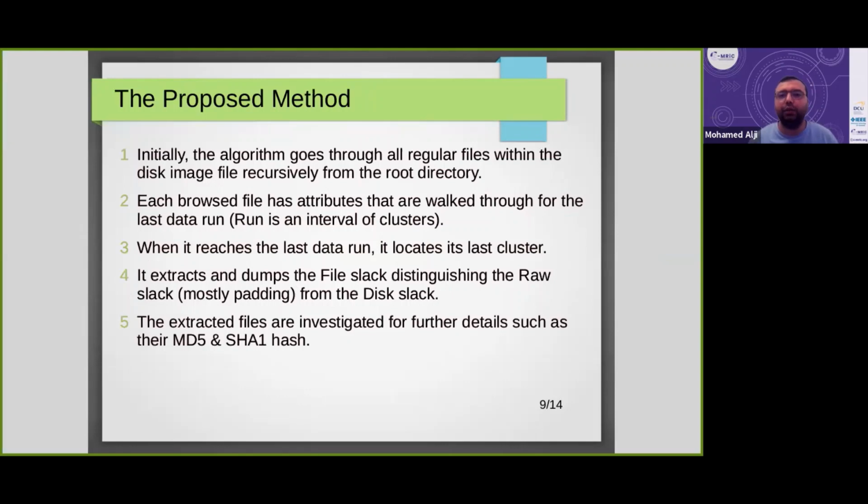So what is the method we follow in order to extract those file slacks? We initially have at our disposal a disk image file. We go through recursively from the root directory for each regular file. For each regular file, we walk through all its attributes to locate the last interval of clusters. From there, we locate the last cluster. And from the last cluster, we can distinguish the run slack, which is mostly just padding, and the disk slack